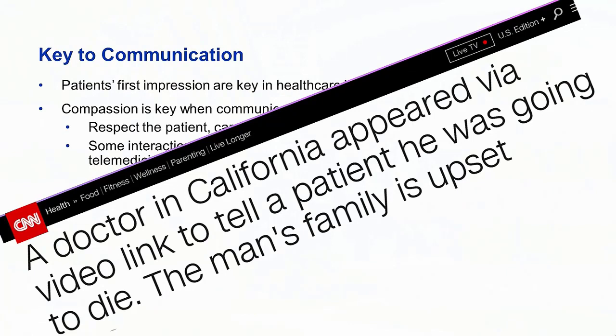Recently, within the media, we saw that telemedicine had a really negative impact on a patient's encounter and how a doctor delivered through a video link that the patient was going to die. And so we really want to hone in on how that might not be the most appropriate means to deliver